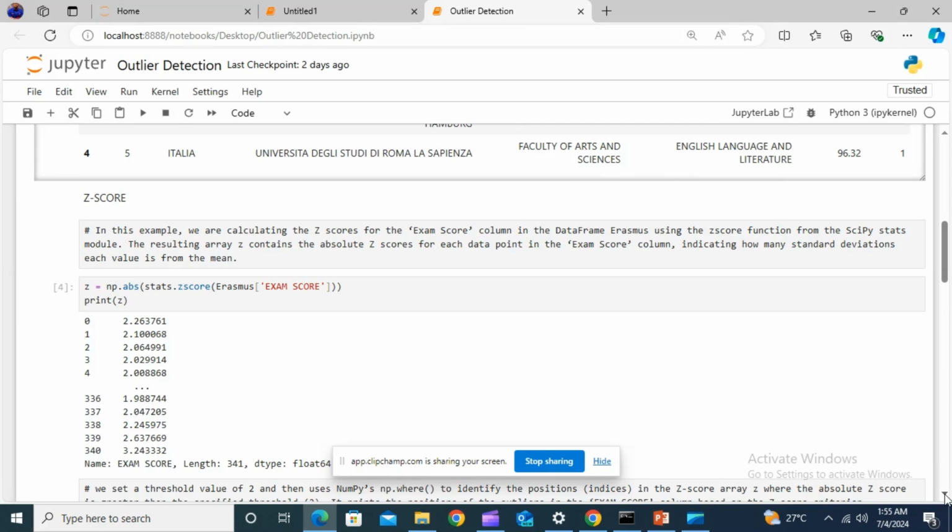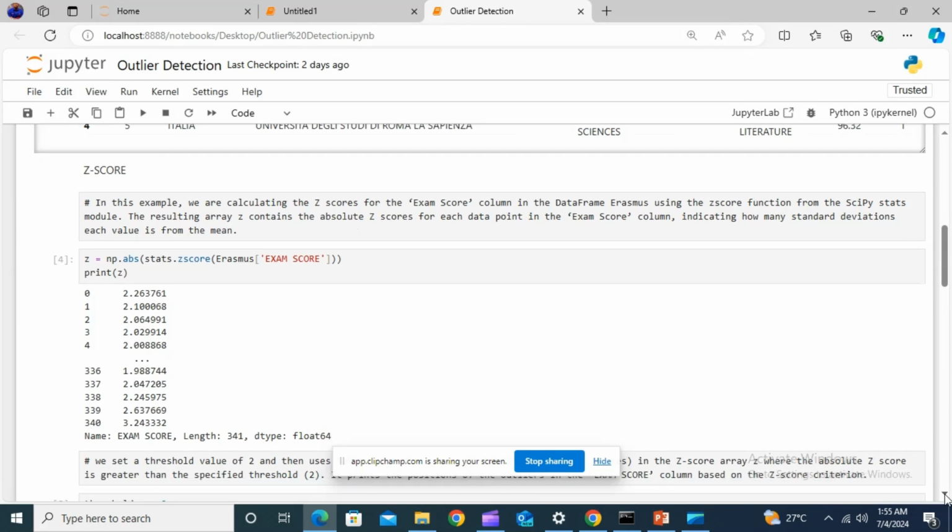So line 4 is the command that calculates the z-score value for the exam score column. As you can see here, this is the exam score column. That is the column I'm working on. So the output of this code is what we are seeing here, the first 5 and the last 5